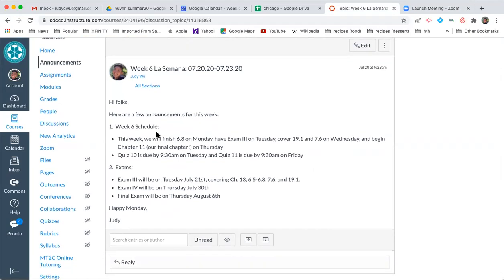And as far as our schedule, here's what we have. Today we're going to finish 6.8, based off of the pretty universal feedback that it would be better to keep the exam day the way it is and just have less content. This exam will go up through and including 6.8, but it will not cover, as it was originally intended, 19.1 and 7.6. Okay, so today's content is on the exam that you will have tomorrow.